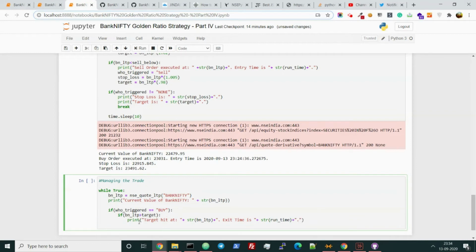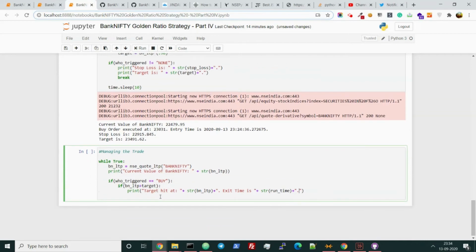So the exit time is this, target hit at, I'm just checking the functions properly. I need to use str because I need to convert the date to a string, otherwise it will show an error. Okay. So the target is hit properly, and we also need to break the sequence because the trade doesn't need to be managed if the target or stop loss is hit.